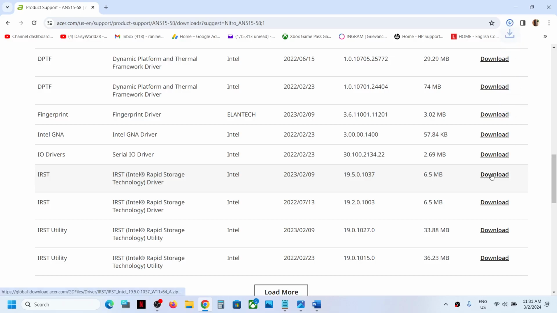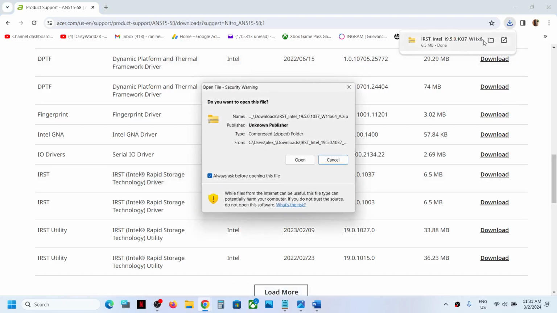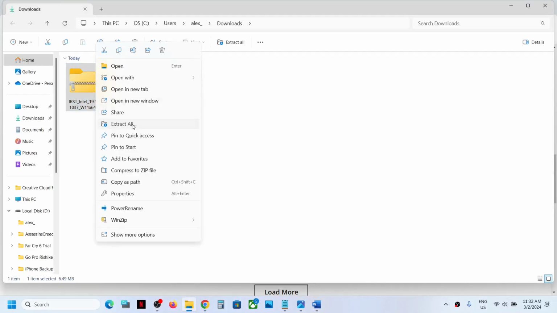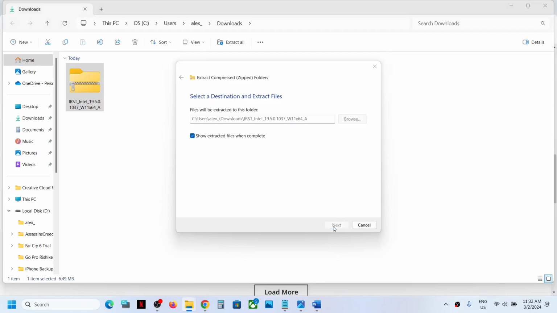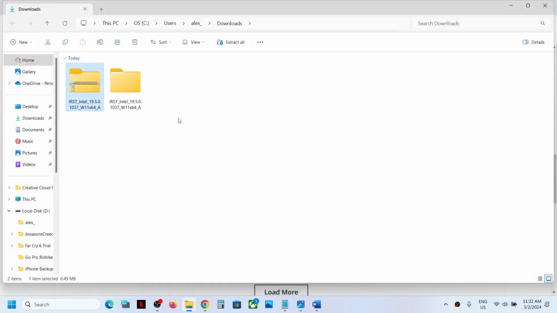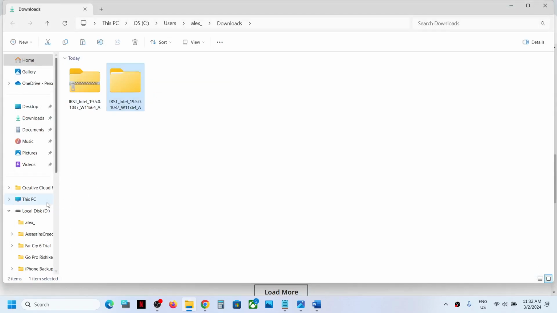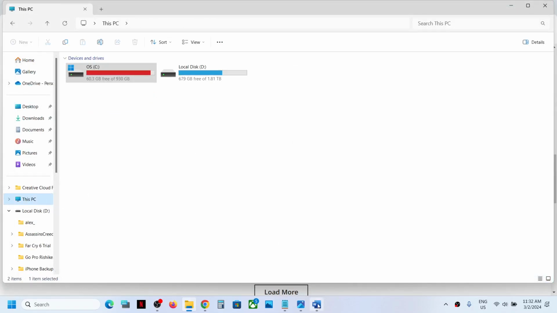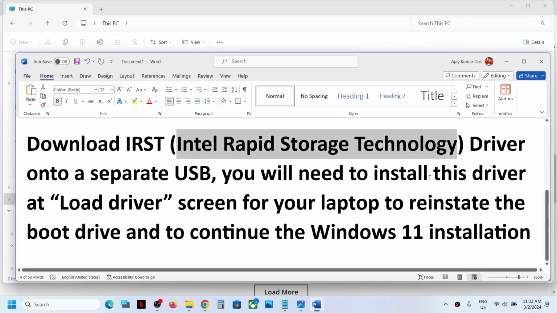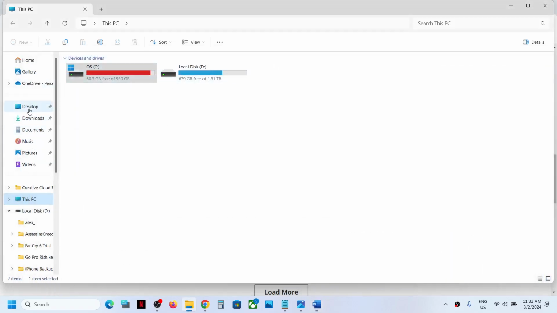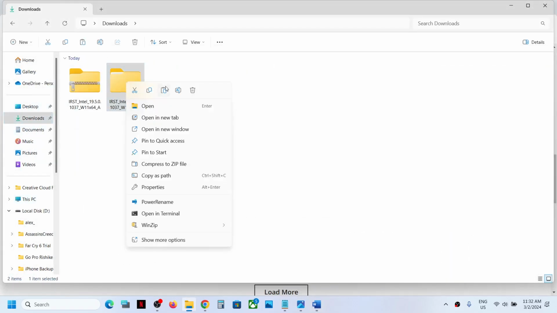Now once the download is complete, you can go to the download location and then make a right click and then click on extract all, extract, and once the extraction is done, you can copy this folder and you can just paste it to external flash drive. You have to download this driver onto a separate USB flash drive. So once the extraction is complete, I've extracted the file, you can copy this file and then